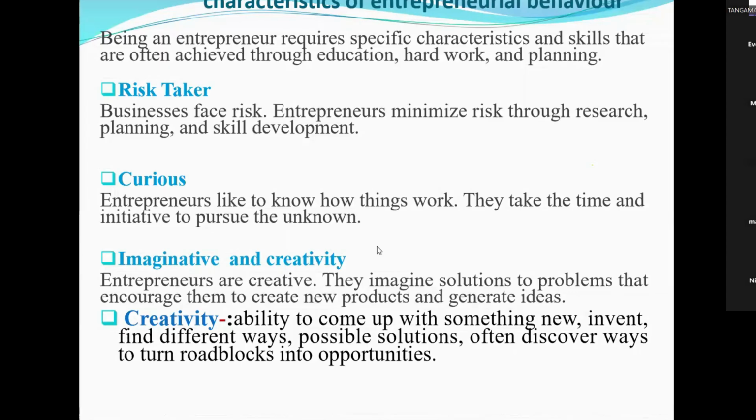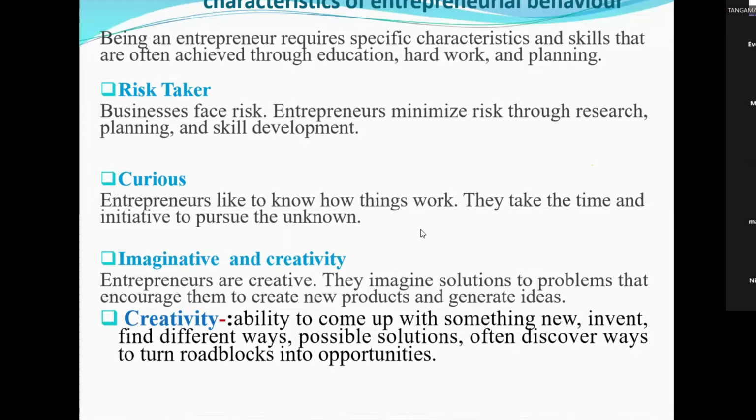Creativity is the ability to come up with something new, invent, find different ways and possible solutions. Often they discover ways to turn roadblocks into opportunities. That is the definition of creativity. Other characteristics: